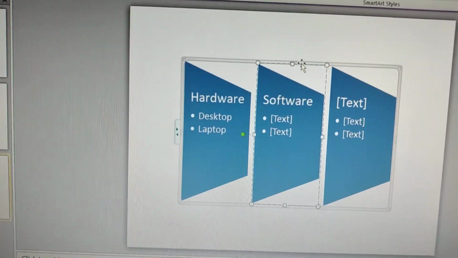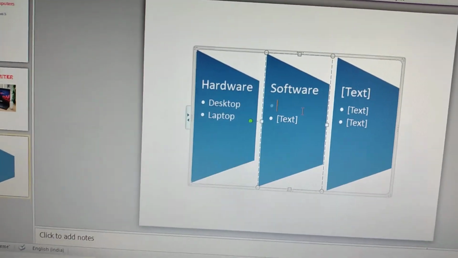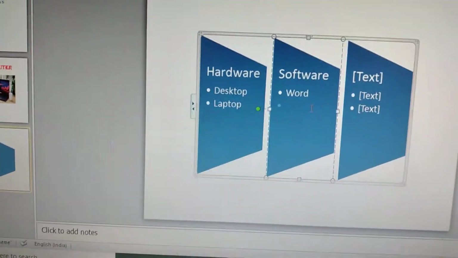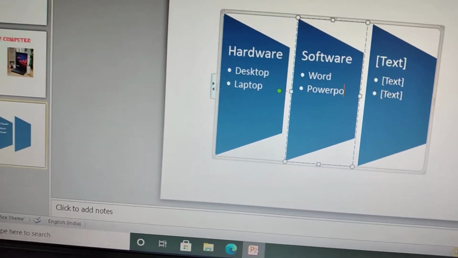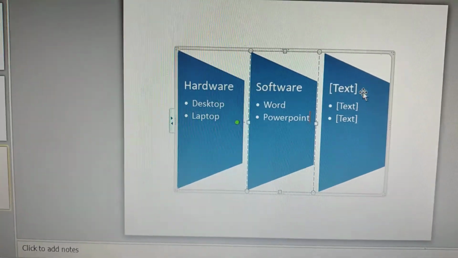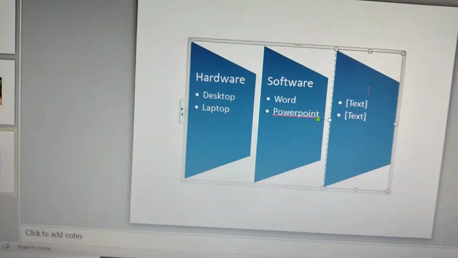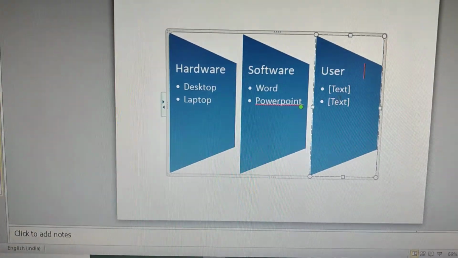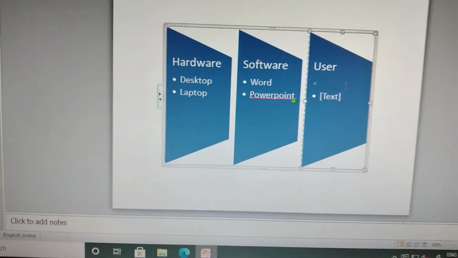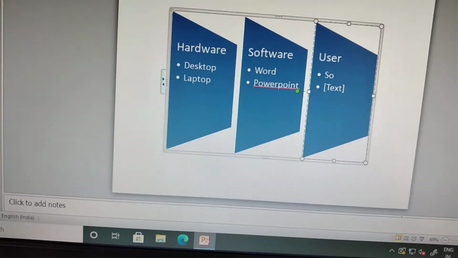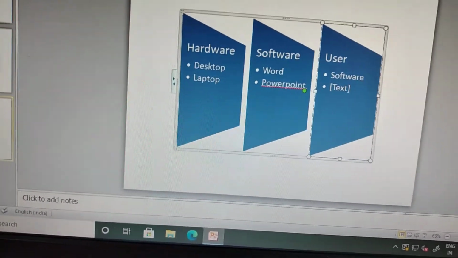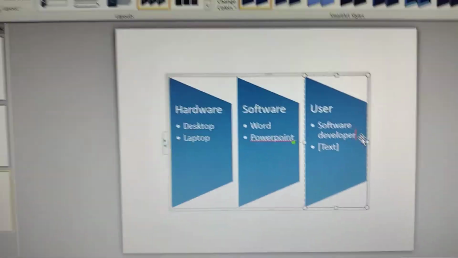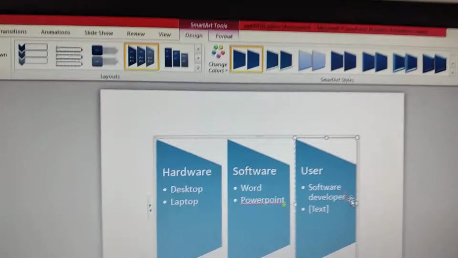We have a software. कौन से software we have? Word and like PowerPoint. So we will write over here the types of software. Next we have to write about user. In user we have operators, programmers, web designers, software developer. You can write over here software developer. So in this way you can write anything in smart art.